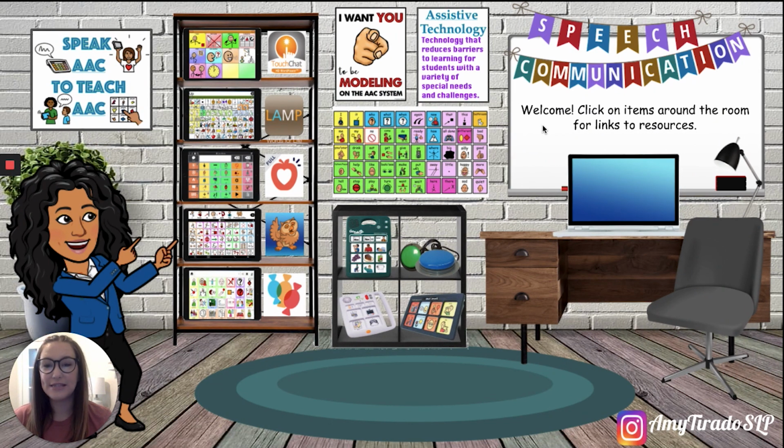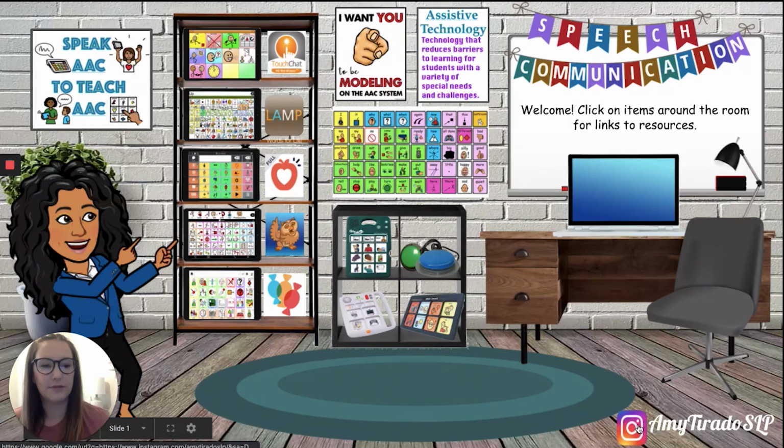Okay, so it seems like Bitmoji classrooms are a visual way to organize resources, videos, probably core boards, maybe some other trainings it looks like. We're gonna click around and see what's in here so that you can either create your own Bitmoji classroom or recreate one that's just like Amy's. All right, so let's look around the room and see what there is to click. Nothing over here. You will notice when there's something to click because the cursor changes from that little arrow to